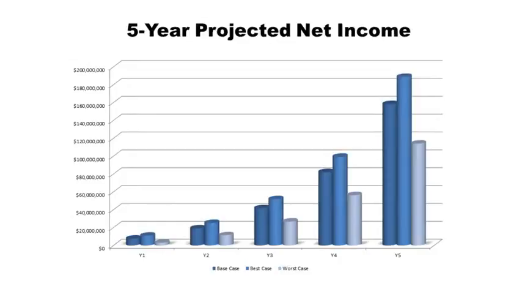And investors love graphs because now they don't have to look at cells and cells and cells full of numbers. They can start looking at the visualization of things. So you can do something like you see here. You've got 5-year projected net income. Okay, and here you also see some scenarios, right? You can see that there's a probable case, there's a best case, there's a worst case scenario.